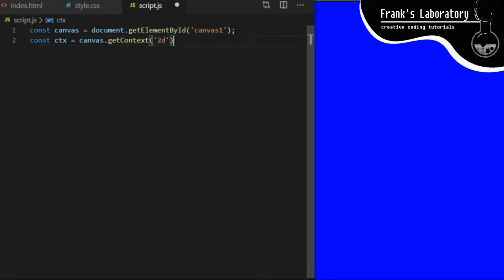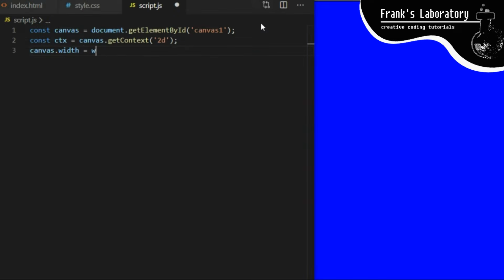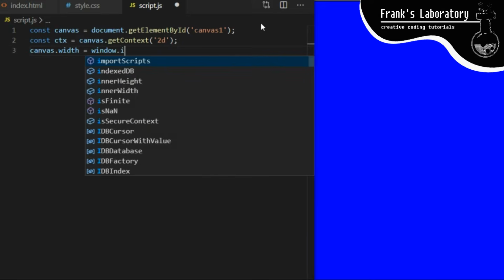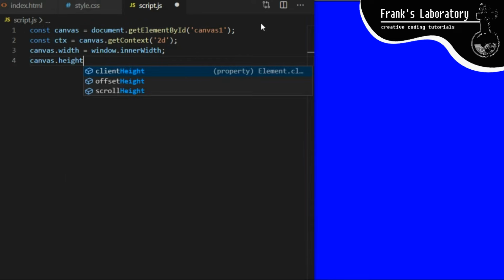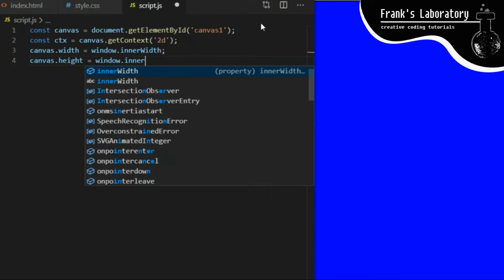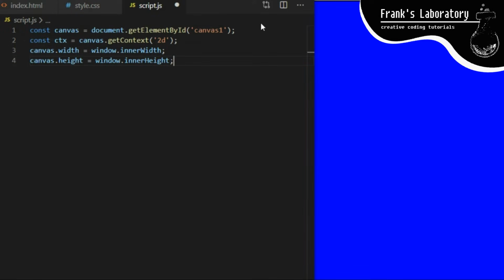So now I can call all built-in Canvas API 2D methods from this ctx variable. Methods that allow us to draw a line, circle, square, and so much more. I will show you what I mean in a minute. I set canvas width to window innerWidth and canvas height to window innerHeight to make sure the canvas covers the entire browser window. All this code will run just once on the initial page load, so if you want to change canvas size when you resize the browser window, this code from lines 3 and 4 would have to go inside a resize event listener, so it runs every time a resize event occurs in the browser. I will show you a bit later. So now we are done with Canvas setup and we are ready to draw.